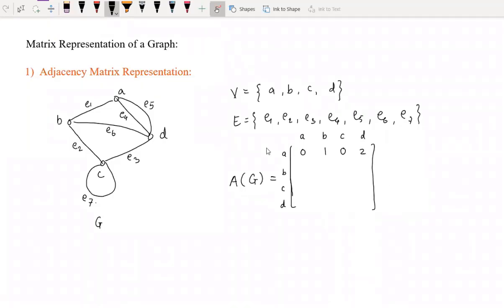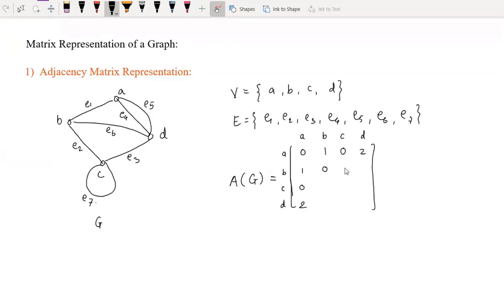Got it? Now, in the adjacency matrix, the first row and first column are always identical. Or in another way, you can find out the number of edges between B to A. Now the number of edges between A to B or B to A is always the same. So this is 1. I'll just copy the first row as the first column. Okay, मतलब 0, 1, 0, 2. First row and first column are identical. Now the second one, B to B. Is there any edge between the vertex B to B or not? No, sir. That entry is 0.